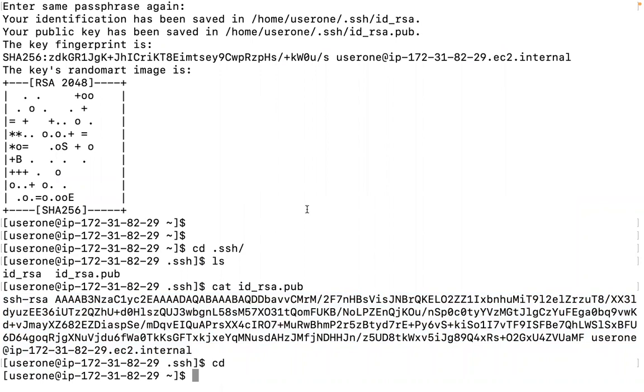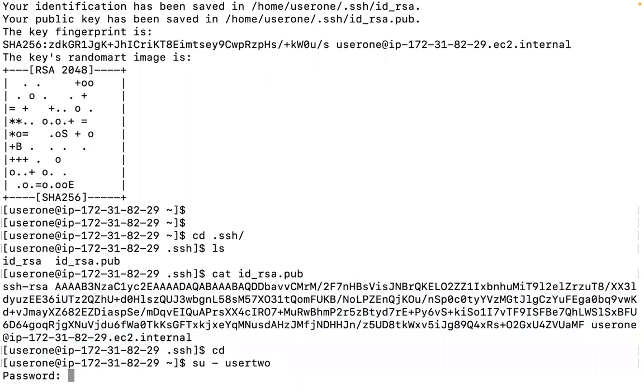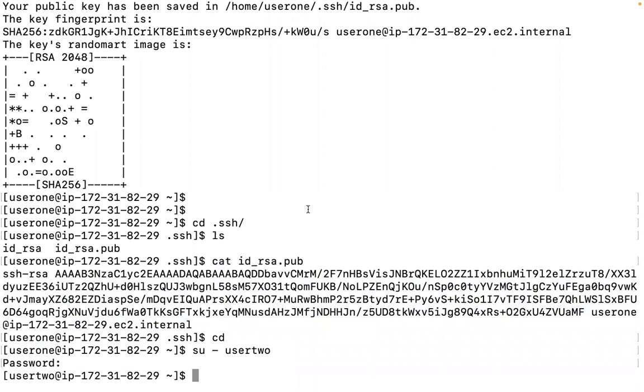SU user 3. What does SU do? Change user. Which user to? User 2, right? Yes. Okay, and provide my password. Then